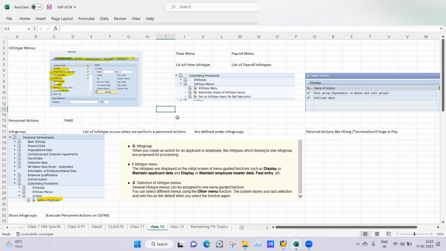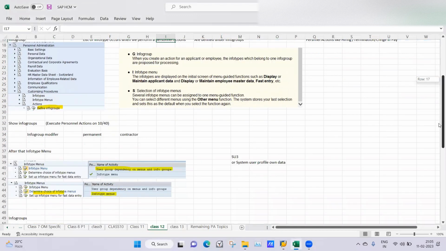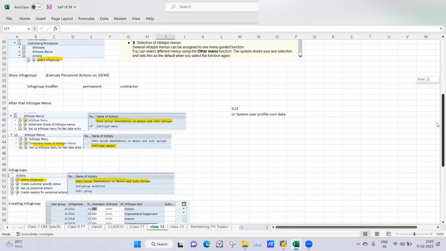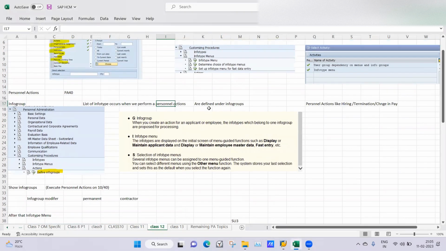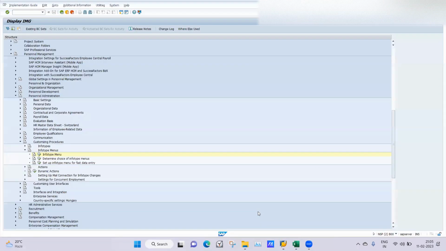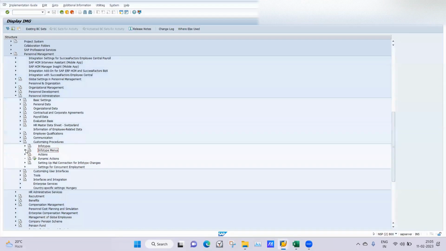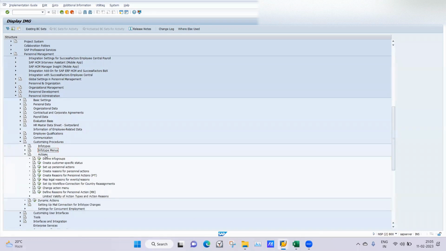Now the next topic is the info groups and personal action. This is a big topic, but I will show you how these info groups and personal actions are maintained. Whatever we can cover, we will try to cover. Under customizing procedure, we have covered the info type menu. We will also have the actions. Under this, we will define the info groups. We will also be setting up the personal actions, and also defining the reason for personal action, and